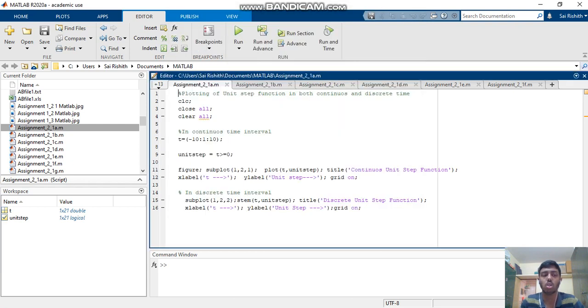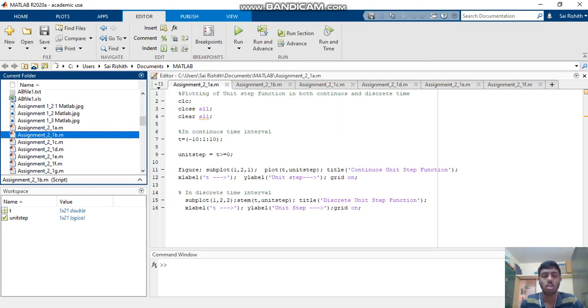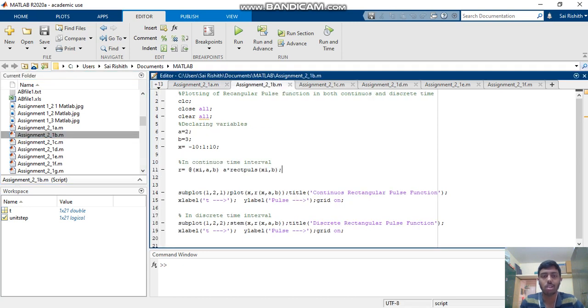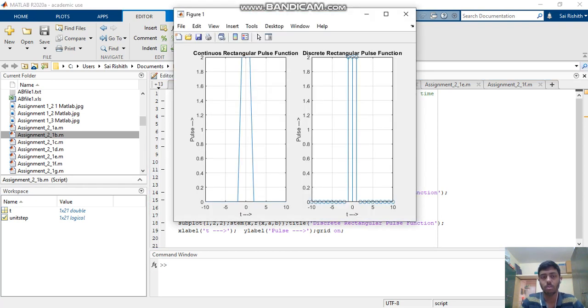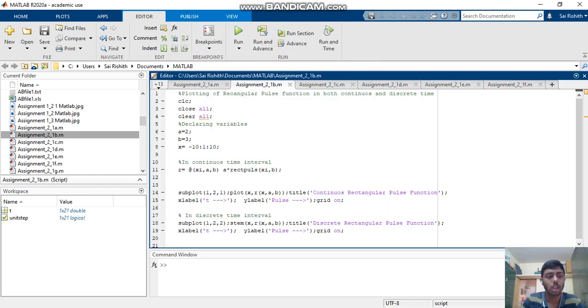Now coming to the next one, that is the rectangular pulse, and I'm using the function rectpuls. It is an inbuilt function which requires the Signal Processing Toolbox add-on. So I am running this function. So here there is a rectangular pulse function waveform. Coming to the next one,